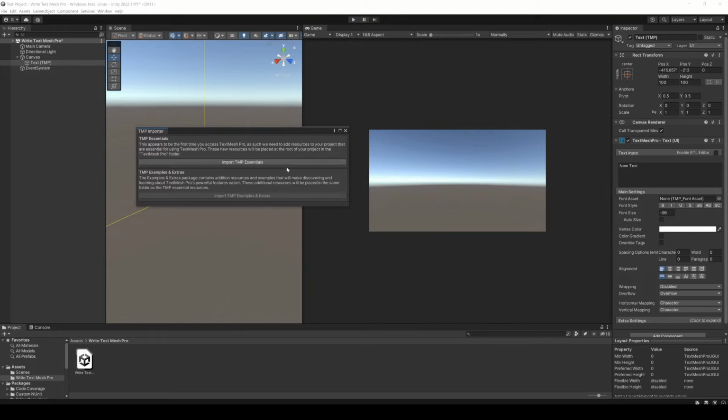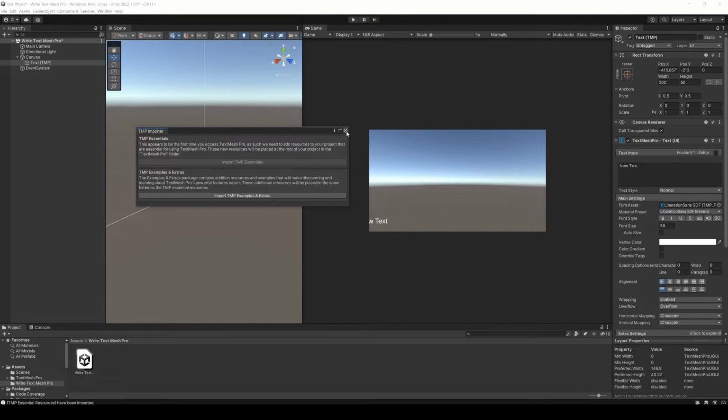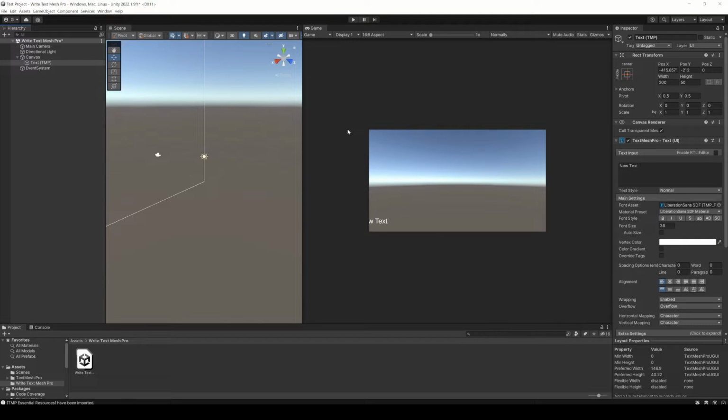And also, if it's the first time we use TextMesh Pro, we will get this window to import the tools. Click here to import. If you want, you can also import these extra assets. Once the process is finished, we can use TextMesh Pro. So here we have the text. I'm gonna center it on the screen, place it a little bit higher, and now I'm gonna create another type